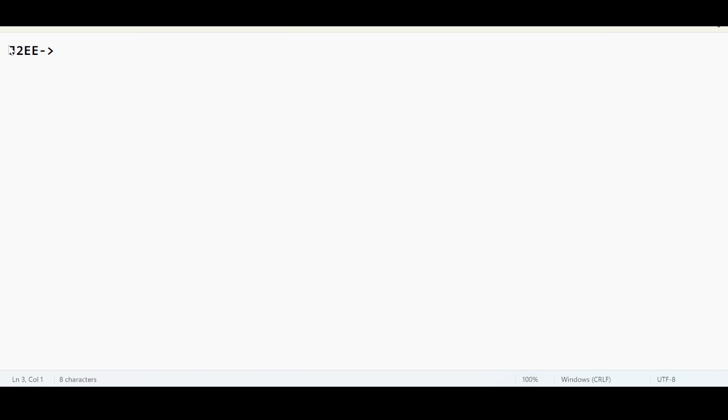Okay, so J2EE. I just explained that it is an acronym for Java 2 Enterprise Edition. Don't worry about why this 2 is coming. I have already explained the significance of 2. The majority of the Java features were released in the JDK 1.2 version, so they are happy to use that 2 everywhere. This is a kind of commercial thing. When it was introduced, it was kept like this. Or if you do not want to add the 2, you can just say Java Enterprise Edition.